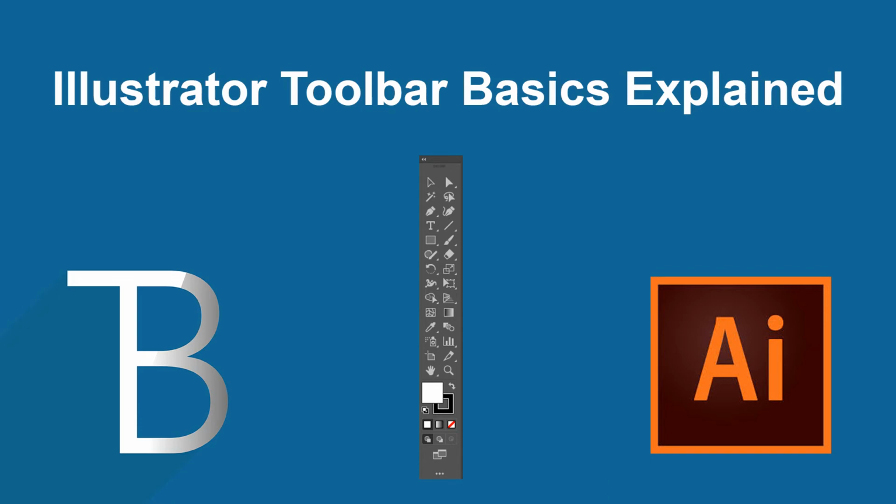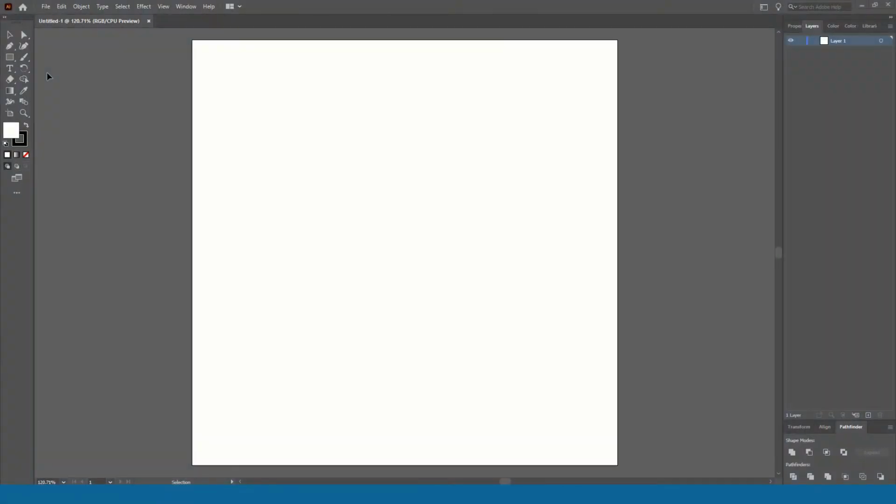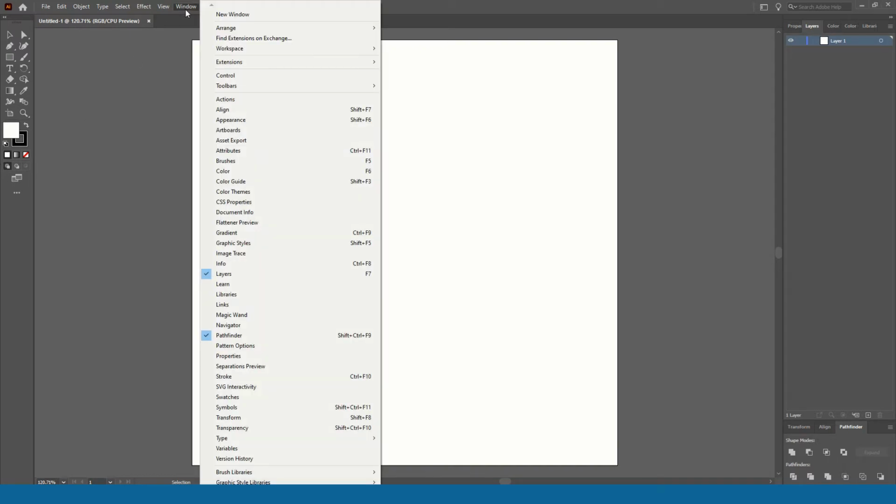In today's video, we're going to take a look at the toolbar in Illustrator. Now, your toolbar may look a little bit different to mine. That's because there are two different options to choose from. You can select which one you want to use by clicking on Window, Toolbars, and then select either the advanced or the basic version. You can also change this by clicking on the ellipsis